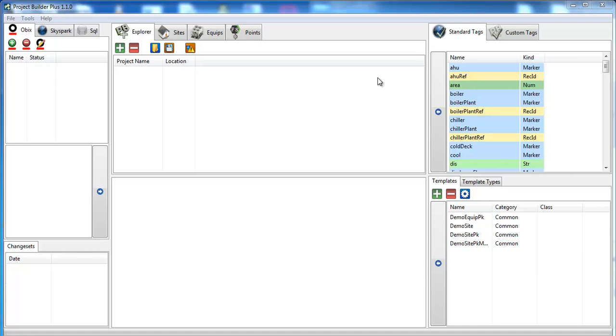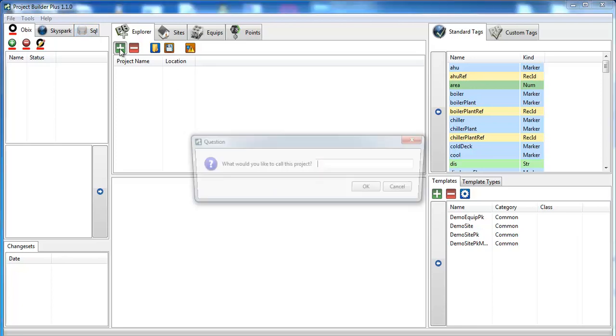Alright, in this video I'm going to show you how to create a project using the SQL extension, and also how to create a service to import data into the SkySpark project. So to start off, I'm going to create a demo project,